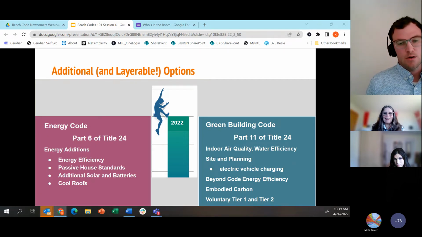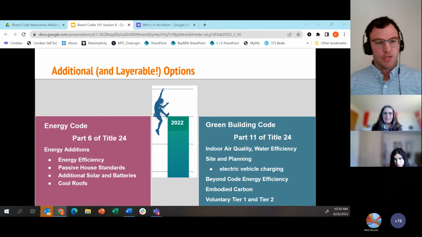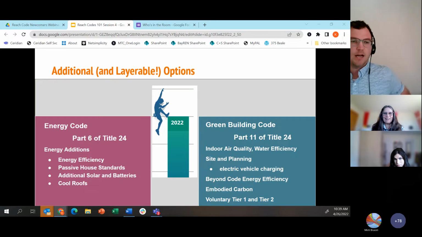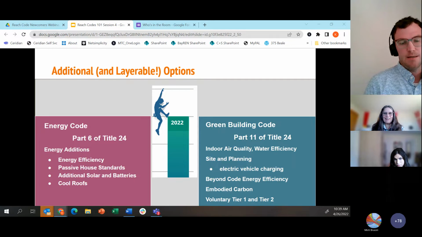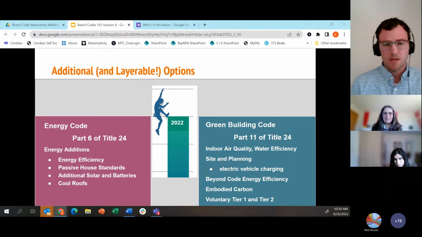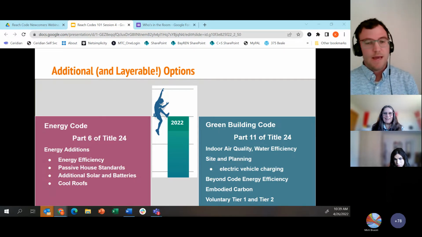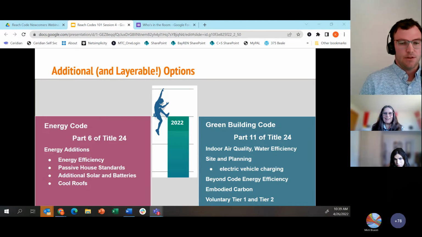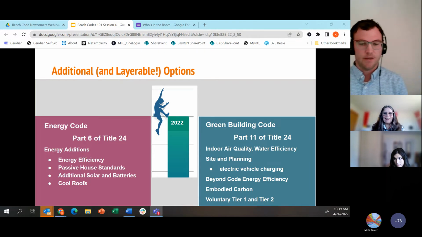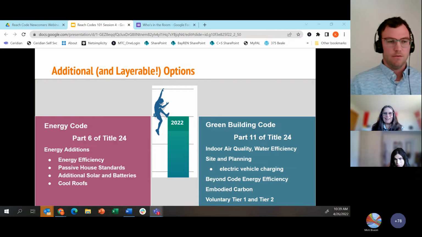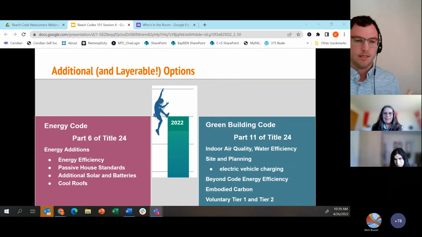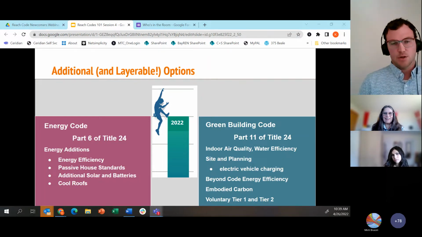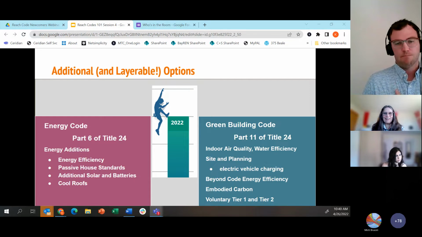So you have the legal authority to reach beyond the state code via these different areas. And with the energy code, I'll say that again, if you're thinking about pairing electrification with any sort of energy efficiency measure, those would fall under Part 6, the energy code, versus the green building code.